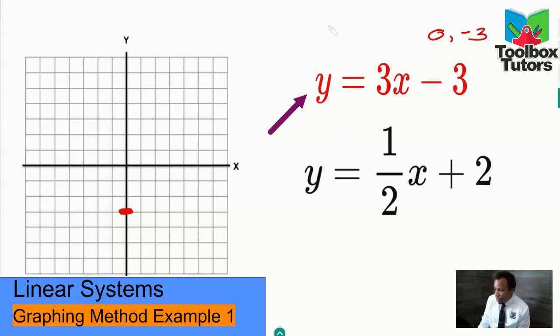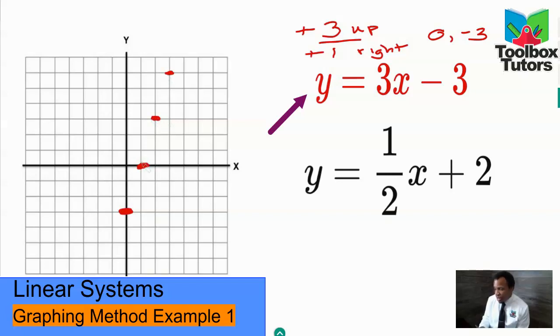From here, our slope would be 3. To find the next point, we need to take this 3 and put it over 1, telling us that from our y-intercept, we go 3 up because this 3 is positive, and positive 1 on the bottom tells us to go 3 to the right. So from our y-intercept, we go up 3, 1, 2, 3, right 1. And we can go up 3, right 1 as many times as we can, just as if we were graphing a linear function